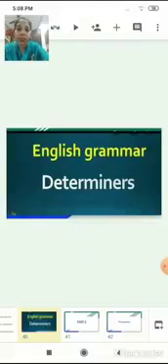So let us quickly revise. Determiners, as we learnt in the earlier class, refer to a grammatical form which is used to indicate further information about a noun. Okay, it modifies a noun. They are commonly placed before a noun or a noun phrase in order to indicate whether the speaker is referring to a specific thing or to something of a particular kind.